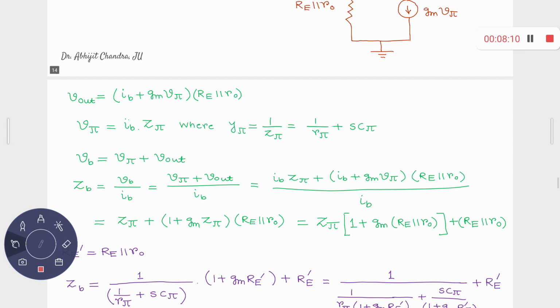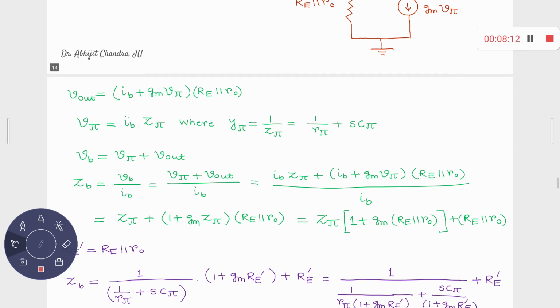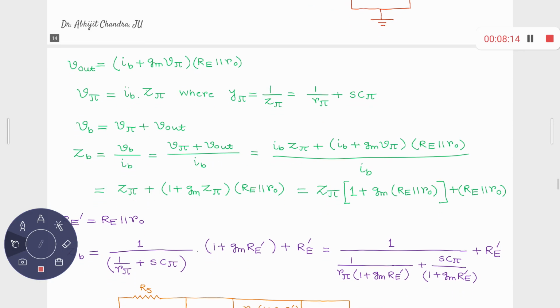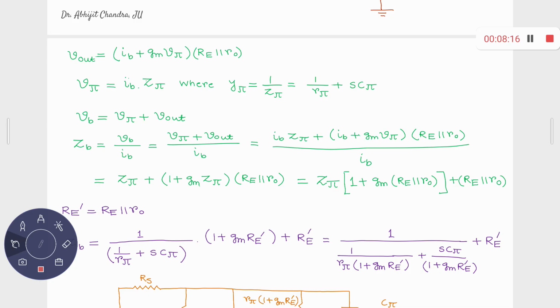If you substitute all those values, ultimately you get ZB in this form: Z pi into 1 plus gm RE parallel R naught, plus RE parallel R naught. I can give a name to RE parallel R naught, let it be RE prime. So if RE parallel R naught is equal to RE prime, then ZB is given by,